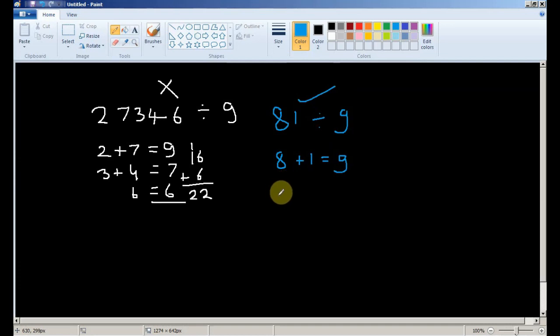And what about 2718? Whether this is divisible by 9 or not.